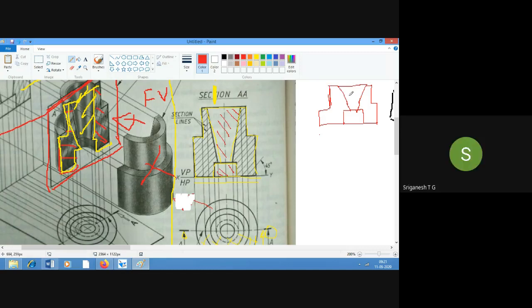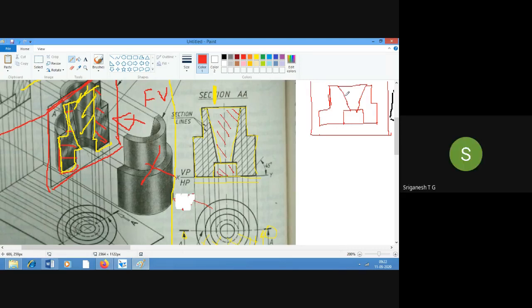Can you identify which is hollow, which is not hollow portion in this drawing that I've written? Yes, sir. The funnel kind of part is hollow. No, but is there any indication on the drawing? Since you have seen this picture, you know. But if I'm giving only this drawing, you cannot. No, sir. We won't get to know.